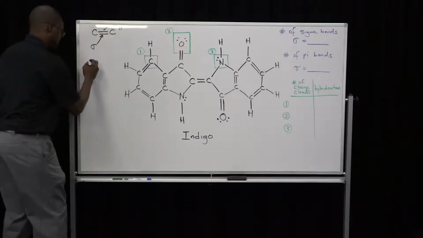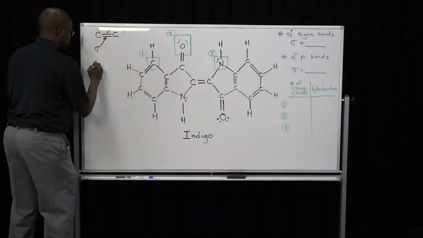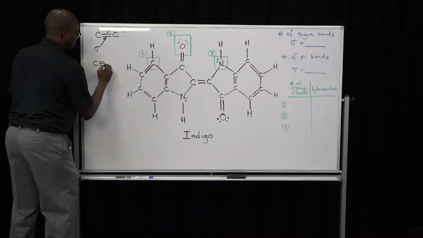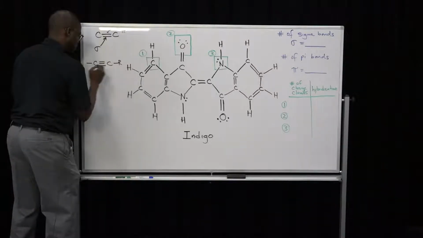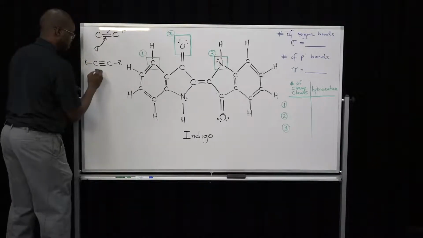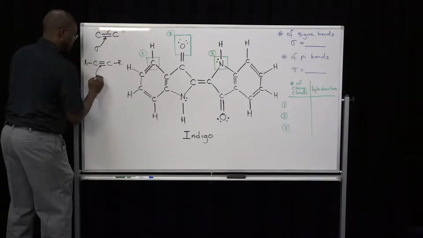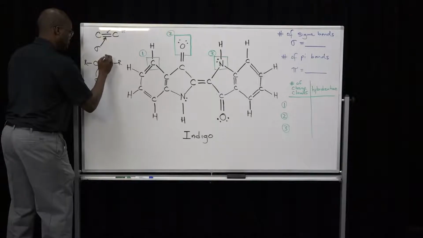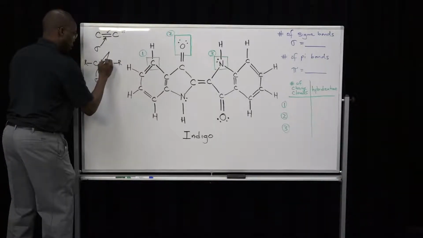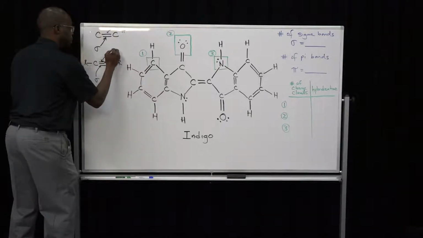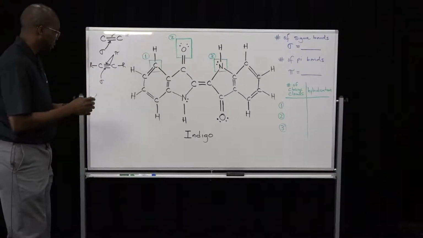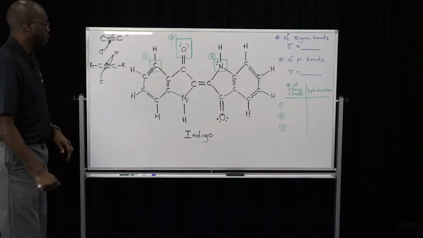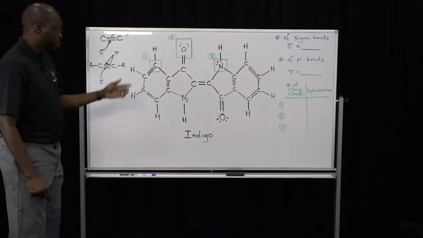And then, of course, in the case of a triple bond, one of these is considered to be a sigma bond, while the other two are considered to be pi bonds. So now that we have that reminder, let's go through the indigo molecule and count the number of sigma bonds